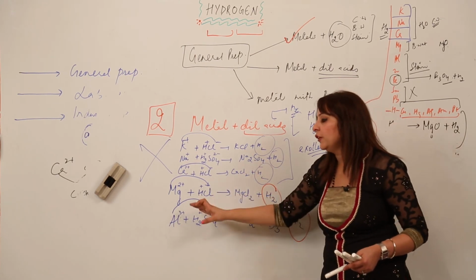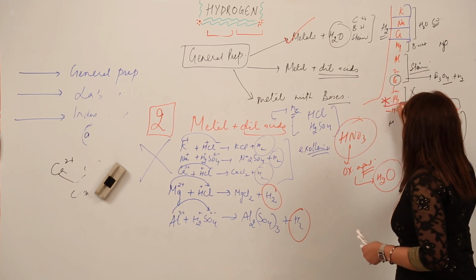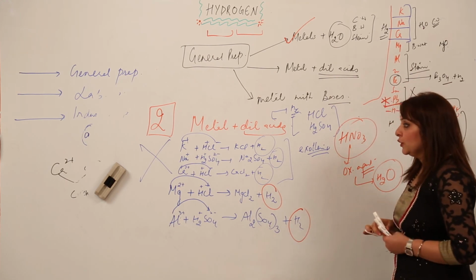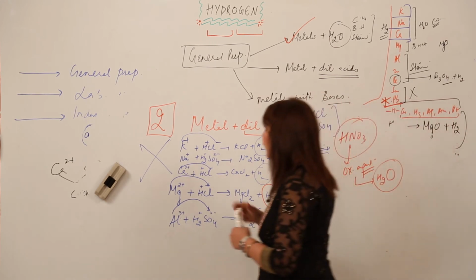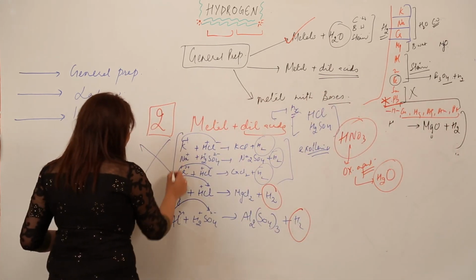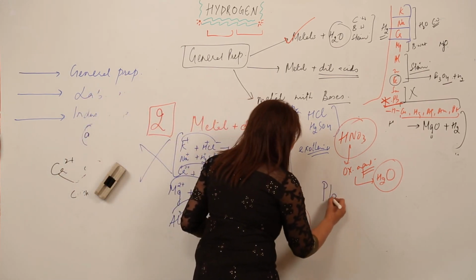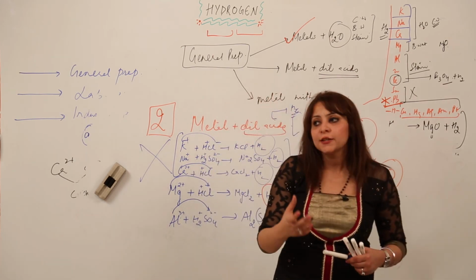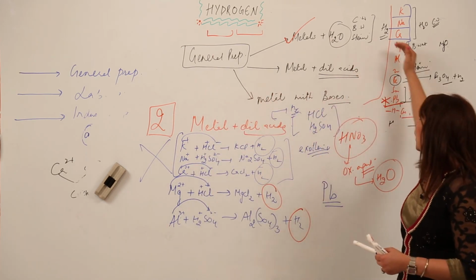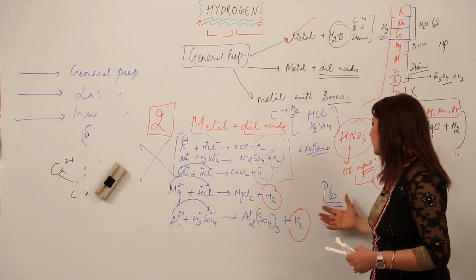We will be using different metals, and moreover, lead is not used. The lead metal is not used. So keep in mind, we are not using HNO3, and we are not using these three metals, because they lead to explosion, and the other one is lead. Now the question must be arising in your mind that lead is not a reactive element. As we are moving down, reactivity is decreasing. So when we react lead with this thing, the